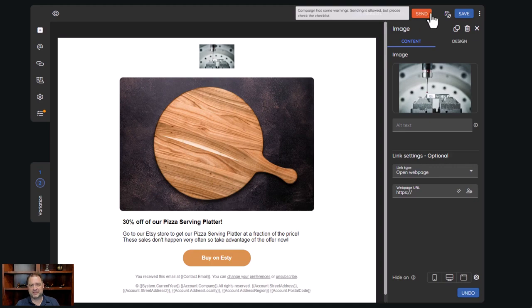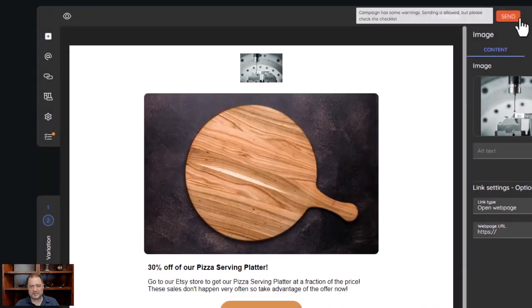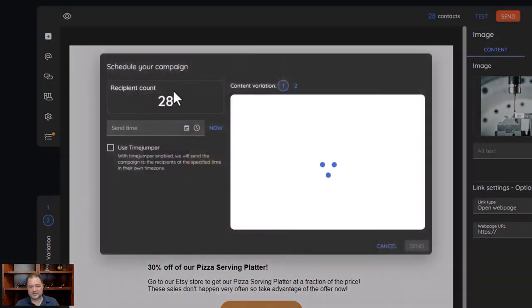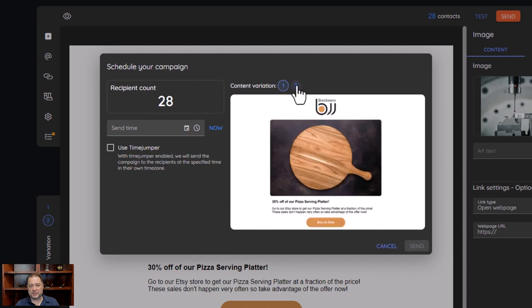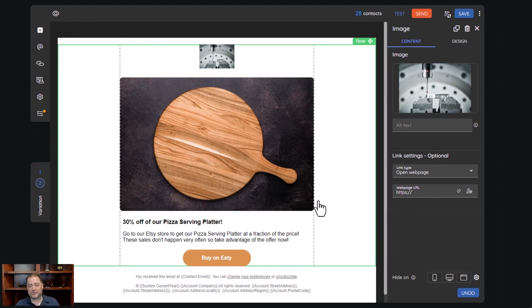And then the send, it's in orange right now just because there's some problems that we would maybe need to address, but I can still send it. So then I can send this out. It's going to go out to those, and you'll see both those variations in here. So I can see what both of those variations look like and still use the time jumper and send it. So then when you go view the report, the report's going to look a little bit different